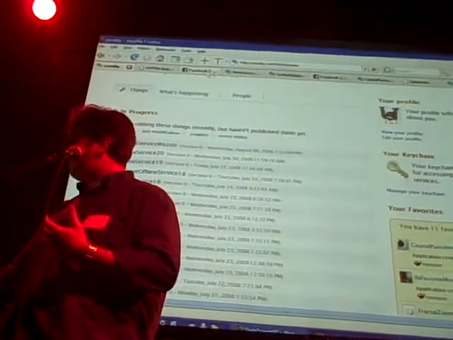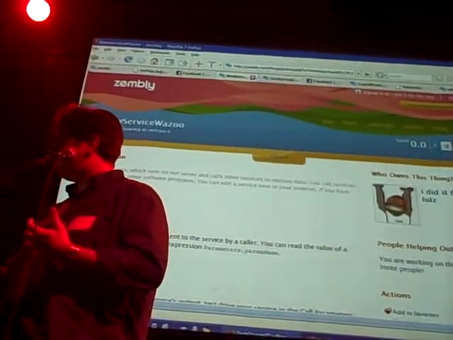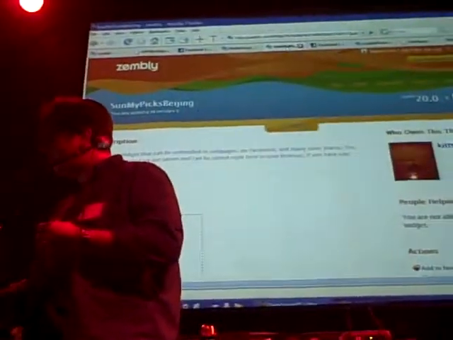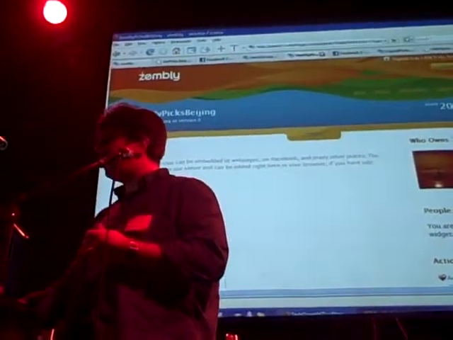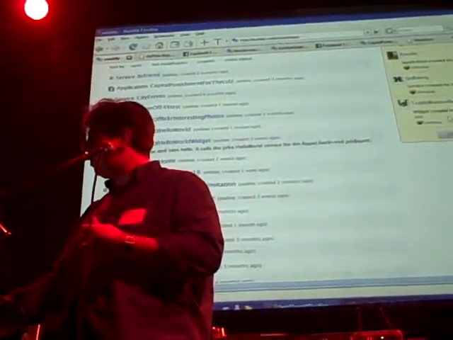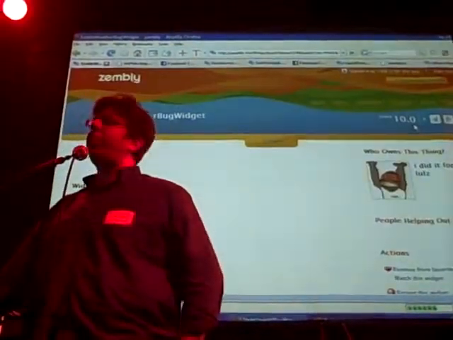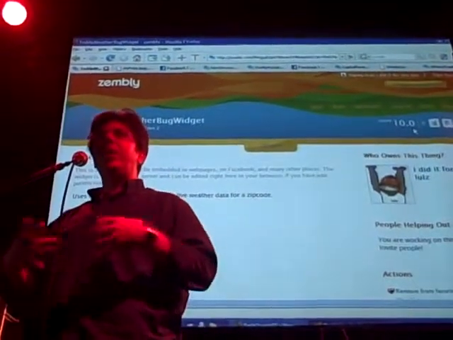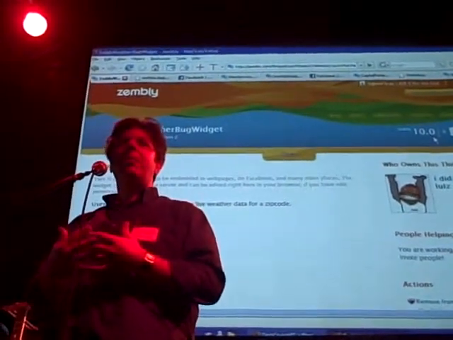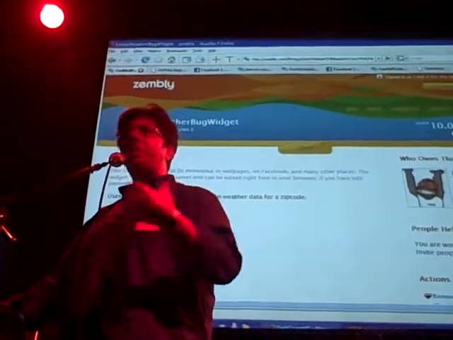So let me show you just very quickly another application. Let me jump to the application I want to show you. It's a very simple one, just a widget that accesses WeatherBug information. So we treat the web as really your palette of content and behavior. So really any web API out there you can access to pull in any kind of data, any kind of interesting stuff to really build these applications.